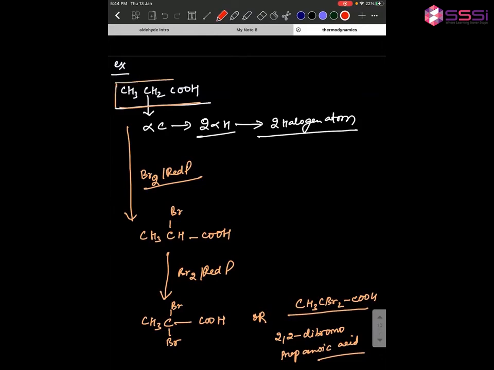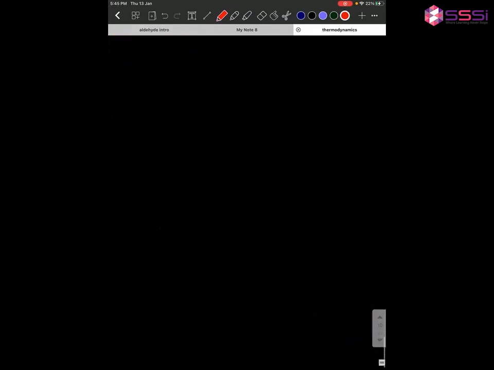The acid which has alpha hydrogen will be giving this reaction. And the steps will vary on the number of alpha hydrogens the compound has. Now the fourth type of chemical reaction which I will be telling you is the type where